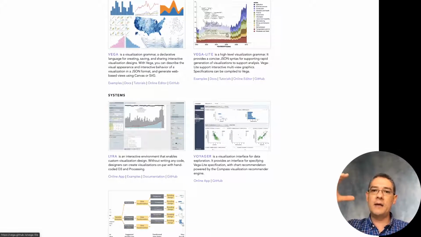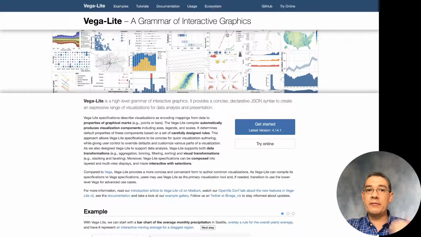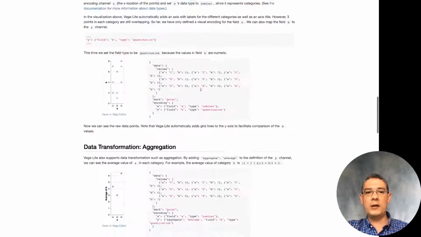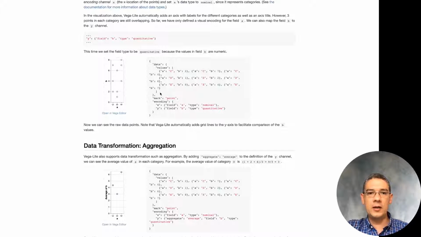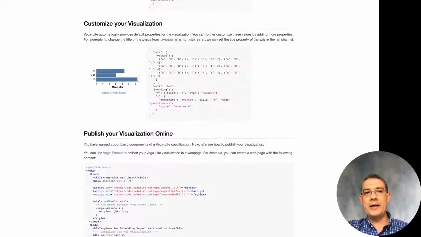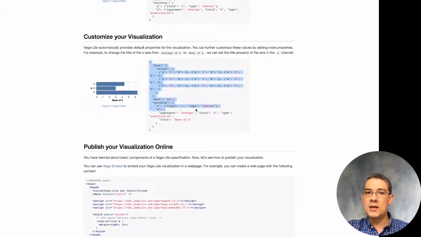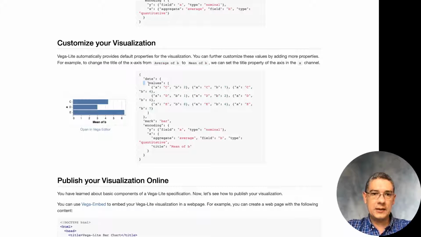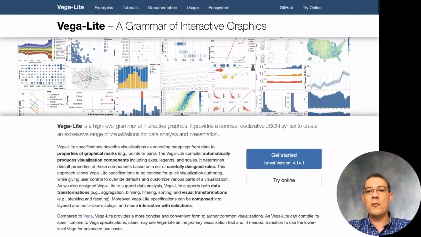It's a higher level visualization grammar. It has a lot of defaults, so you don't have to rewrite a ton of code. And it still allows you to create very basic things really quickly. Like here, for instance, in the tutorial, you can see this is the specification for that simple chart that you're seeing in there. And at the end of this, you're going to be creating bar charts this quick. And actually this one has a ton of code that is unnecessary in there because it's embedding the actual data inside. So it's quite portable.